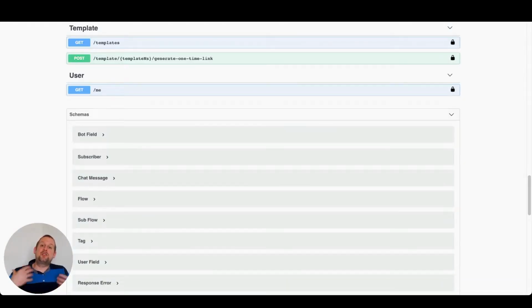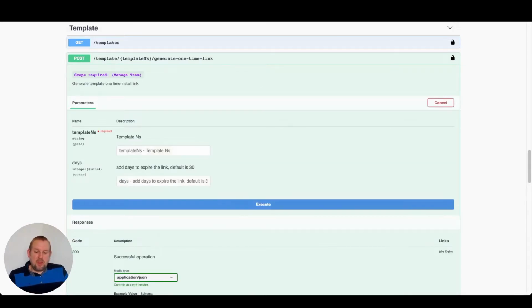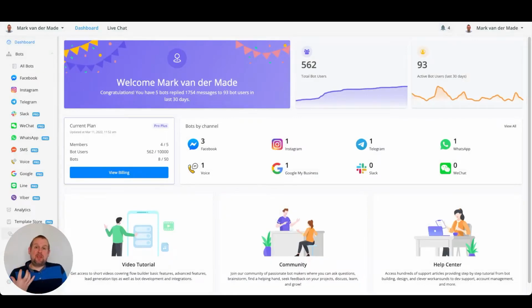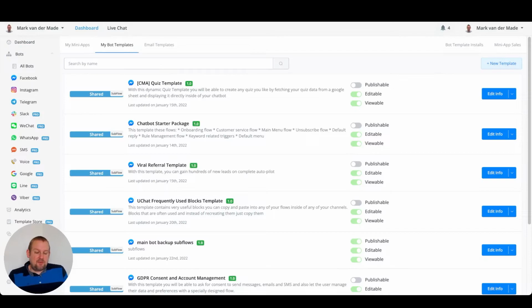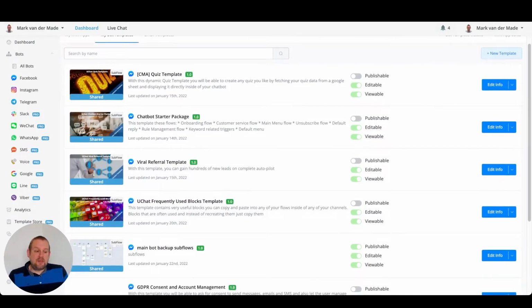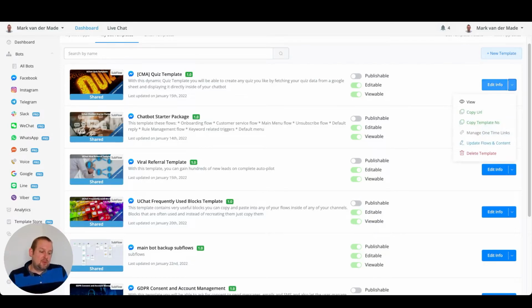The other API call is to generate a single one-time link. You can do so by just pressing the button, and from here you can just try it out and then implement the template NS. You can find the NS, the template ID, basically by going towards your own main dashboard, go to My Contents, My Bot Templates, and from here you will be able to pick any kind of template. Go to the right to the blue button and press the drop down, and you will be able to copy the template NS. So for example, if I want to generate a quiz template one-time link, I can go here,